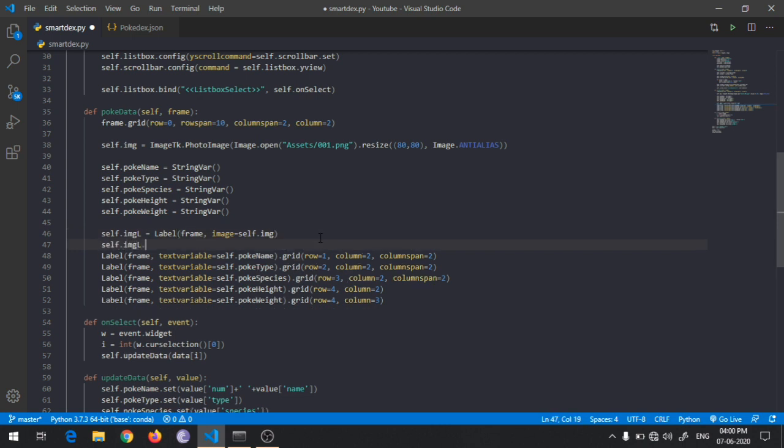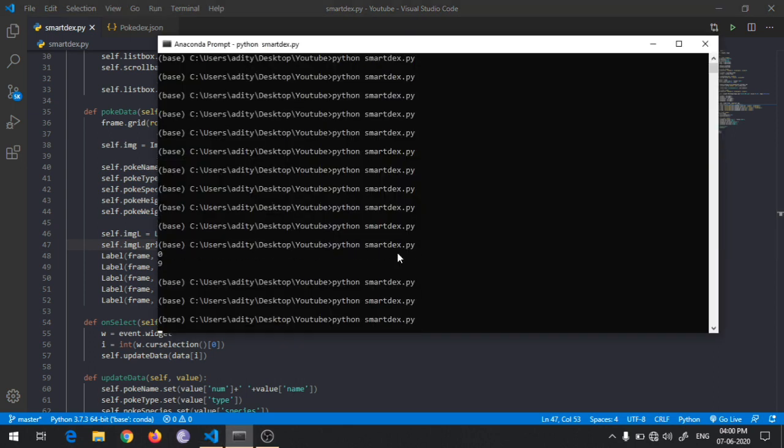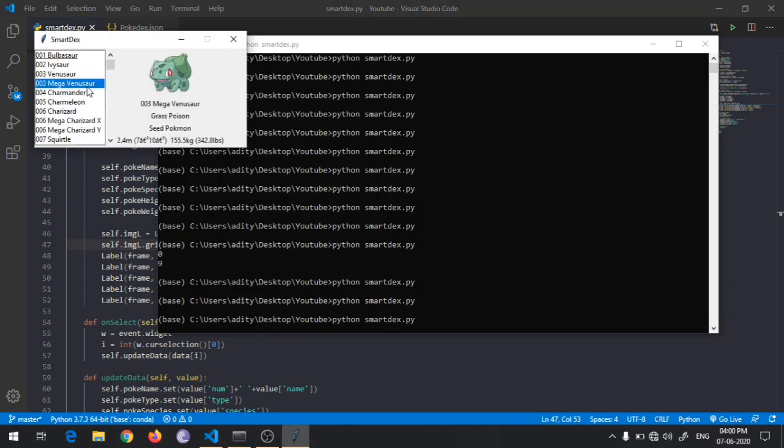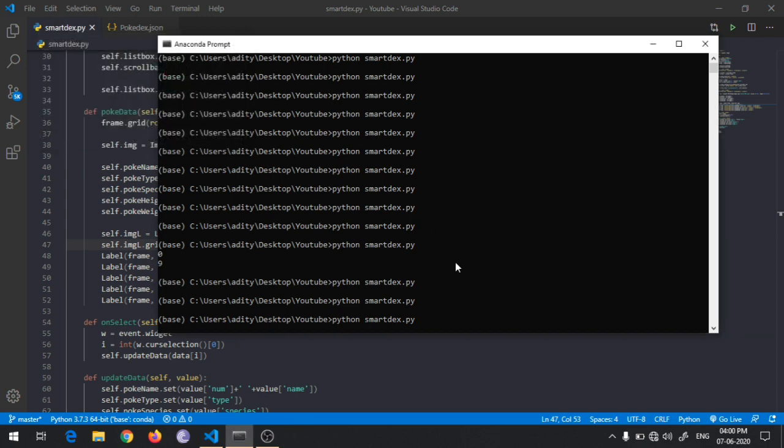So image config, sorry, grid, row will be 0th, column will be second. There will be a column span of 2 also. Let's see if the image comes. Yes, the image comes, but each time the image is the same